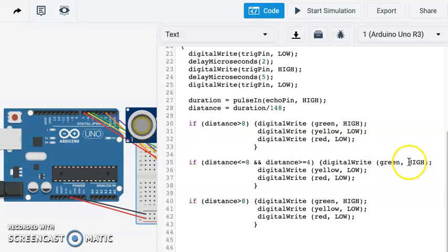Okay. In that case, our green is going to be off, so we'll write that low. Our yellow will be high. Finally, if our distance is less than 4 inches, our green is going to be low, our yellow is going to be low, and our red will be high. Okay. After all that, since we don't want to overload our system, we'll add in a little delay